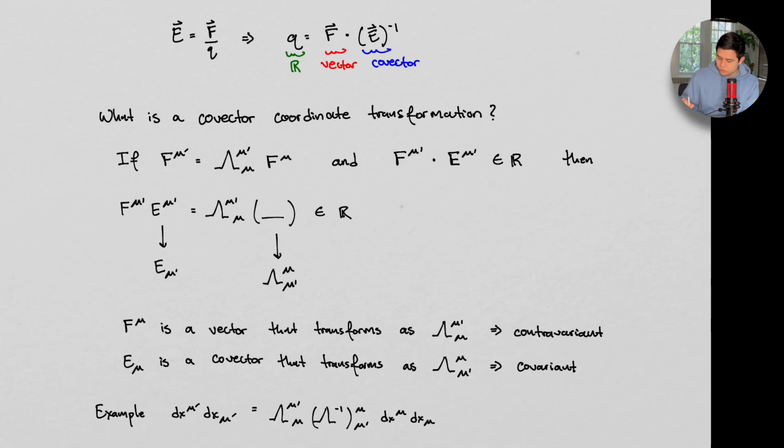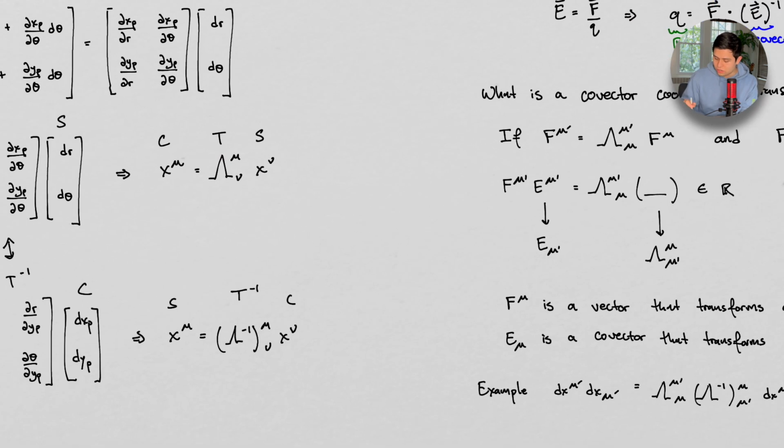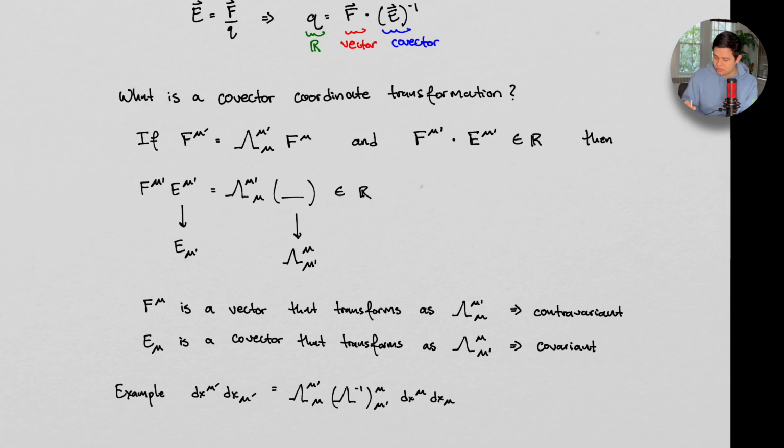So what does a covector coordinate transformation look like? Because here we talked about vector transformations, or contravariant vector transformations. Now we need to ask the question, what about covector coordinate transformations? So suppose we have a covector in Cartesian space and a covector in spherical coordinates, and we want to know how covectors transform, okay? Because they're different objects than contravariant vectors. So if